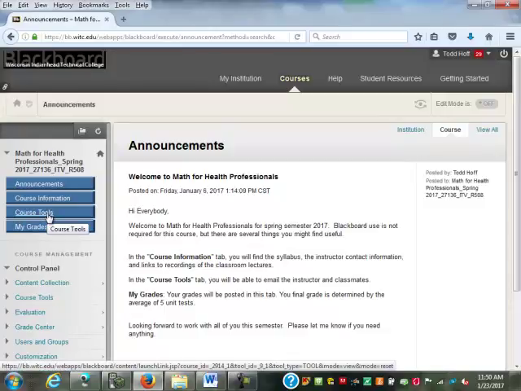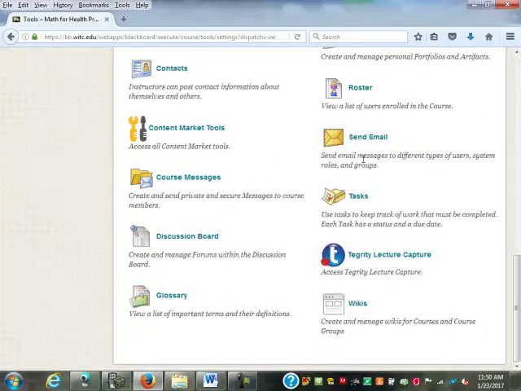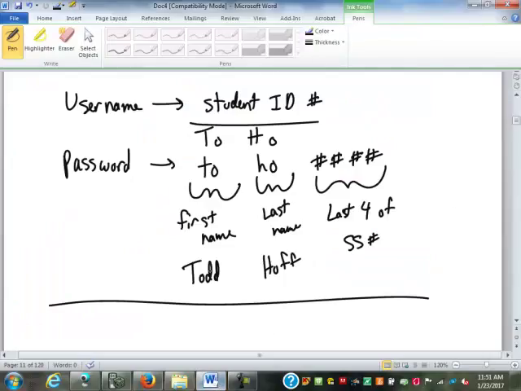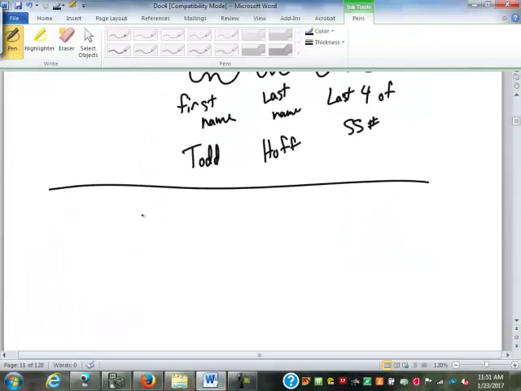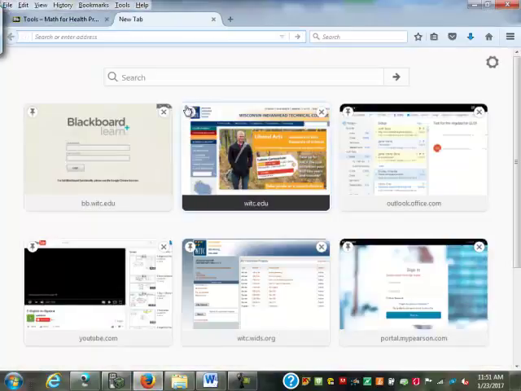Course tools, that's this button right here, will let you go to a spot where you can find my email address. You have to scroll way down to get my email address. Or you can send email to other students at your school through the WITC email system. All of you should have a WITC email address. It is usually your last name and then your first initial and middle initial at mywitc.edu. To get into that, if you go to WITC's webpage,